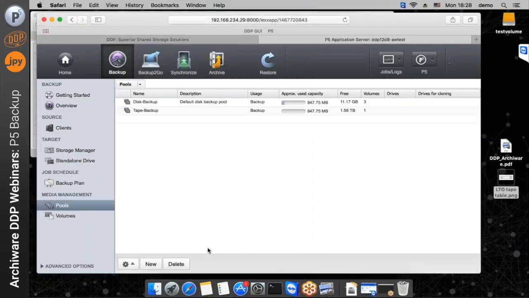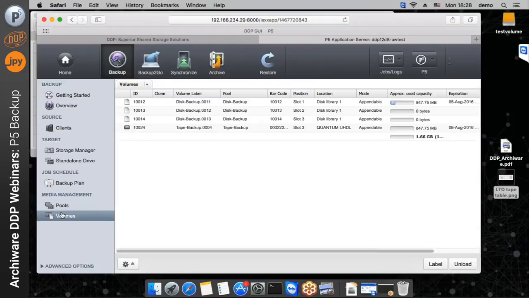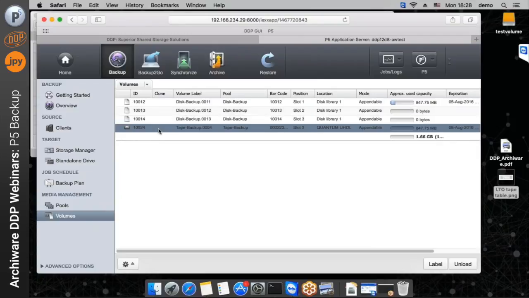So I'm just going to close that down. I've already labeled a volume. So we have 1 tape volume and 3 disks. These top 3 are disk volumes, and this one is a tape, which currently resides in slot 3 of the Quantum tape library. So what we do if we want to do a backup is we go down here